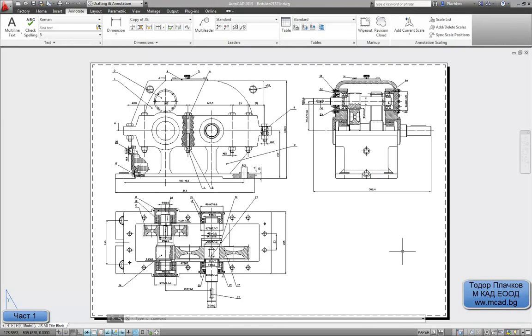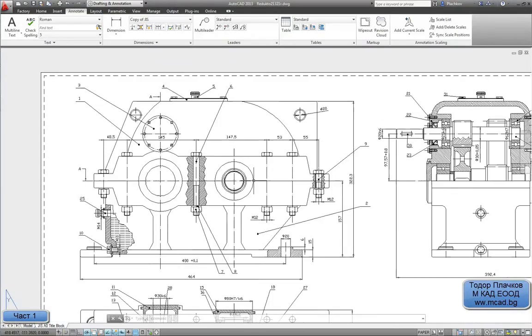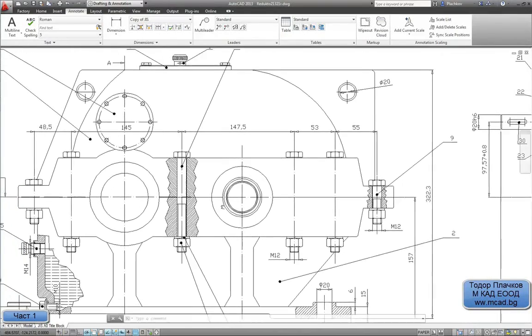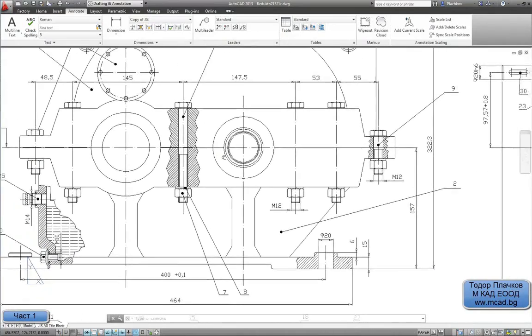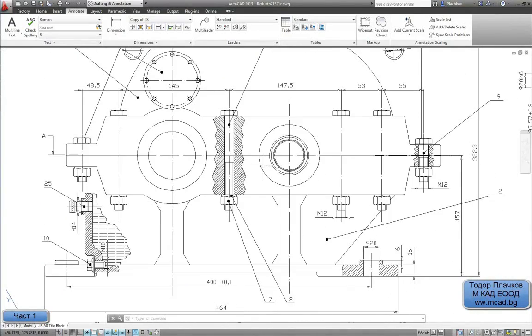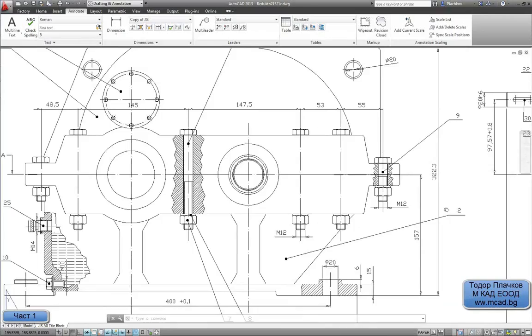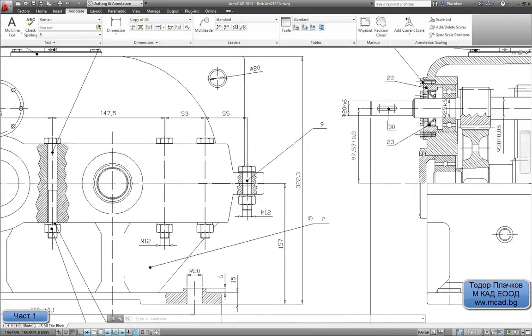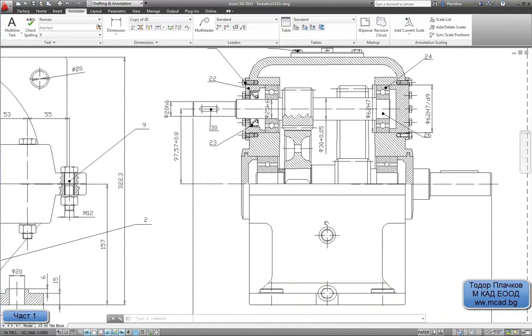For a start, I have a drawing of this gear reducer with some of the dimensions, not all of them. When there aren't any dimensions, we'll measure them or just put in some dimension. This is what we have. A drawing of this gear reducer with some of its components. Of course,